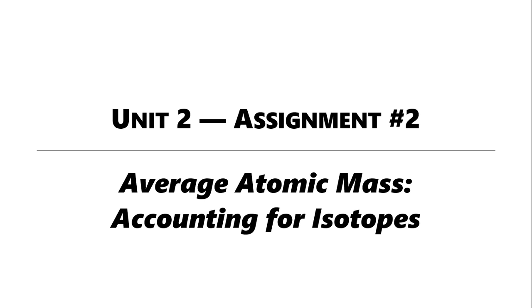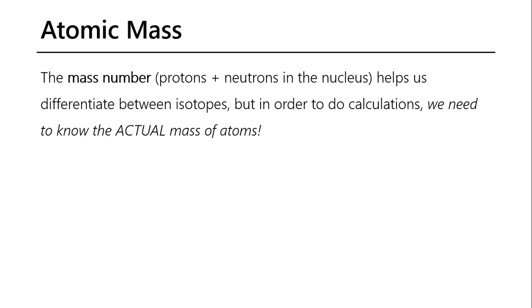All right, we're going to look at average atomic mass, which is essentially a way of accounting for different isotopes of the same element. So to distinguish between one isotope and another, we have this thing called the mass number. That is the number of protons plus neutrons that are together in the nucleus. We usually use that to tag an isotope so we know which version of the element it is,